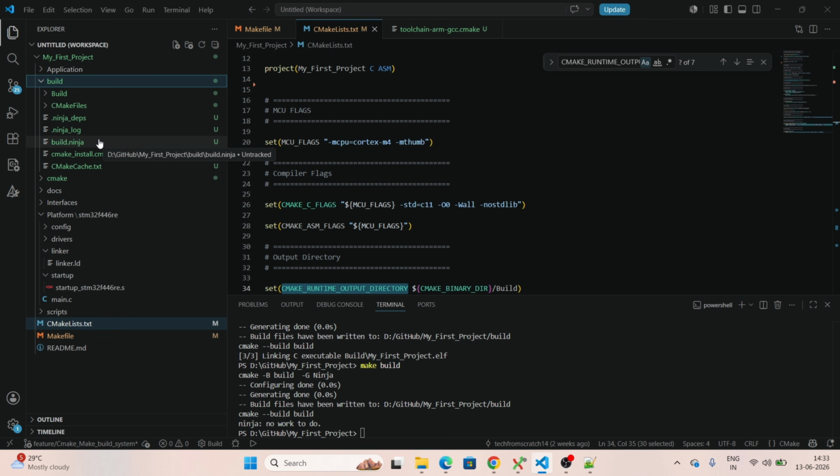This is about the environment setup for our first embedded project. In upcoming videos, we will see how each peripheral will work together with this